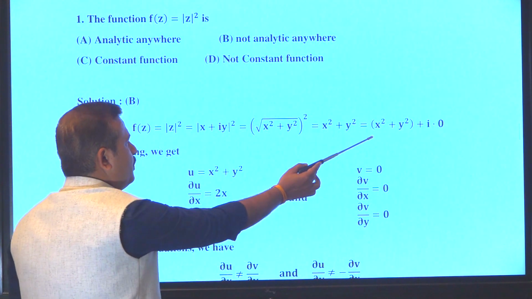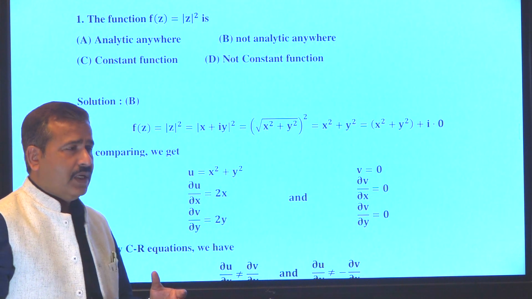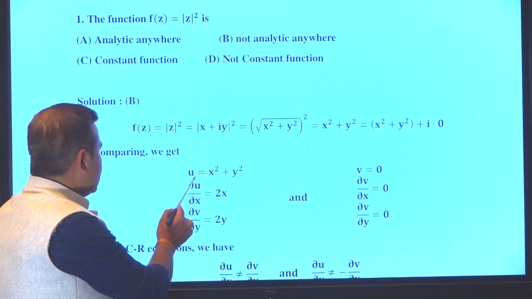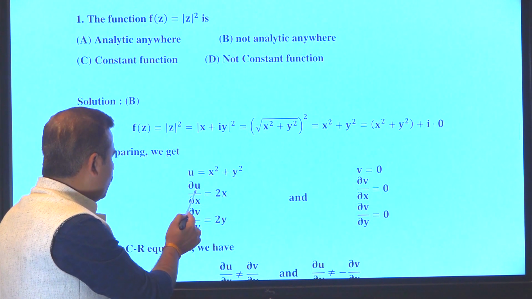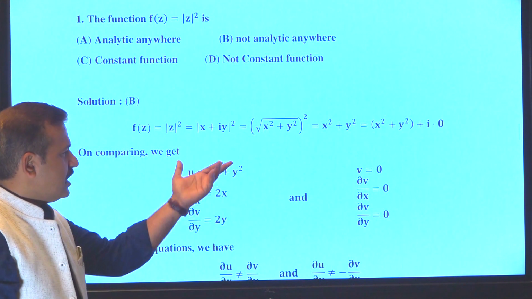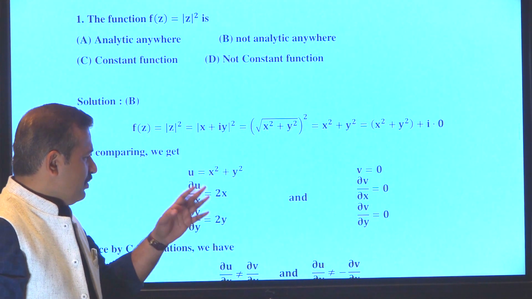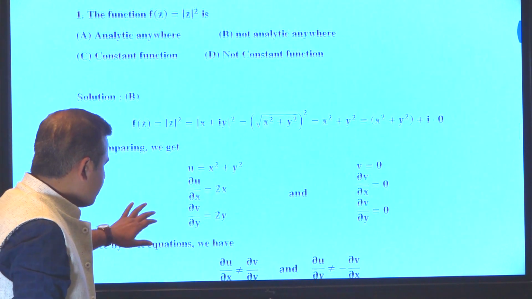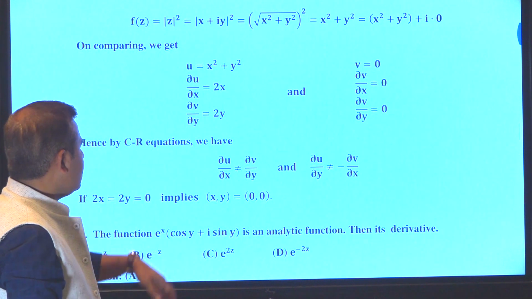This is the part of u and this is the part of v, and when you find u and v, simply u equal to x squared plus y squared, you will find del u upon del x equal to 2x and del v upon del y equal to 2y, and here v is 0, that's why del v upon del x is 0 and del v upon del y is 0, and hence by CR equation,